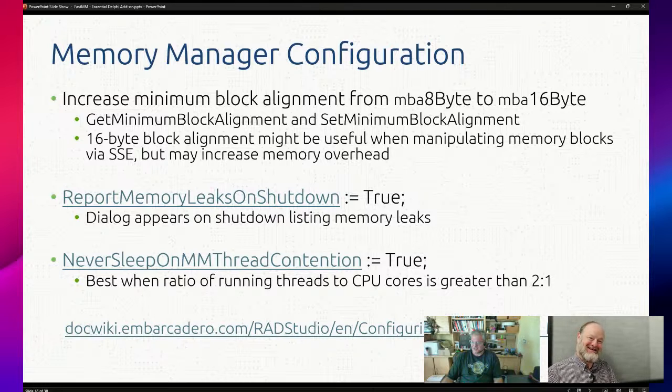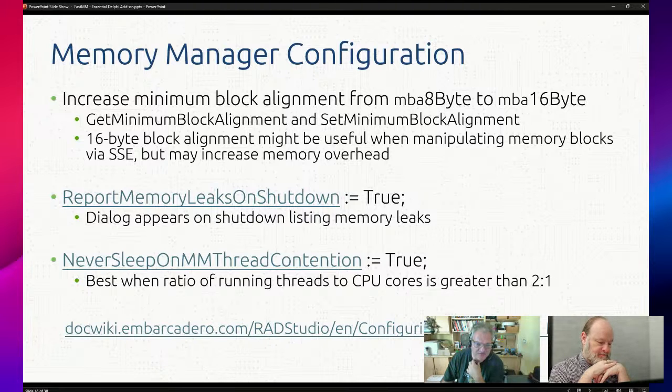Sorry, I was looking for FastMM switches, didn't listen to you. So I was saying that let's say you have something that you construct at one point in your application and you don't explicitly free it because you're keeping it in memory your entire time your application is running, and your application shuts down and says, whoa, you got a memory leak here. Not necessarily as big of a deal as something that keeps allocating things but not releasing them, because that's where you're going to use up a lot of course.